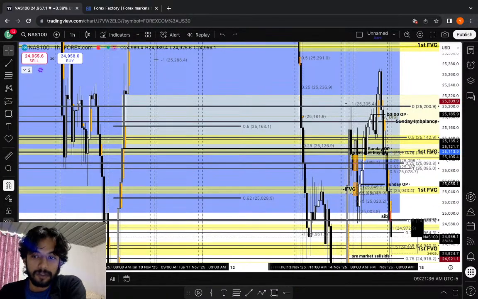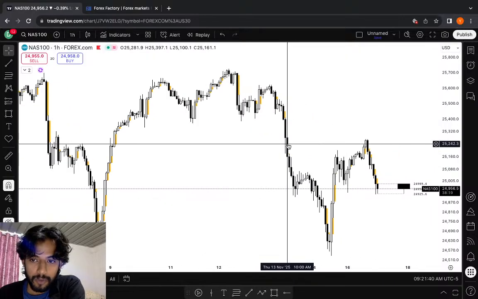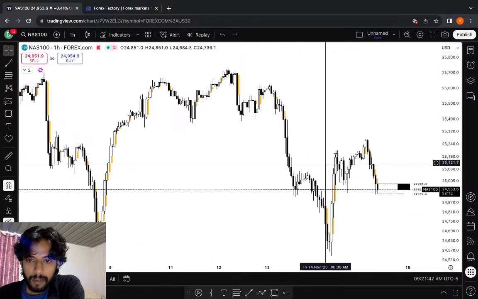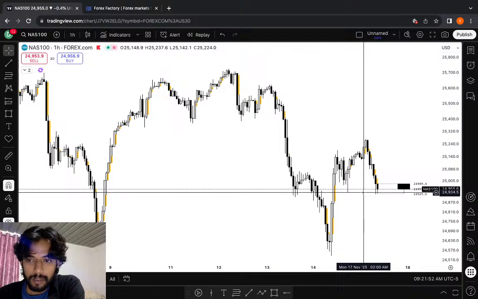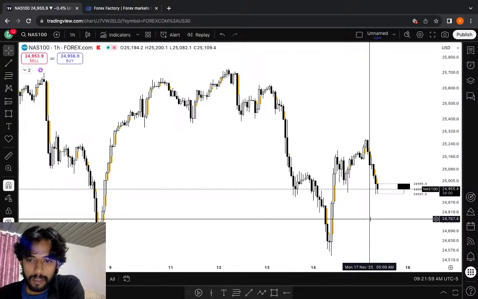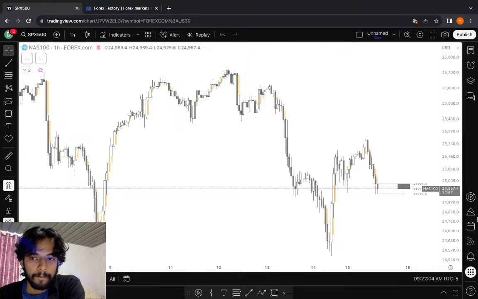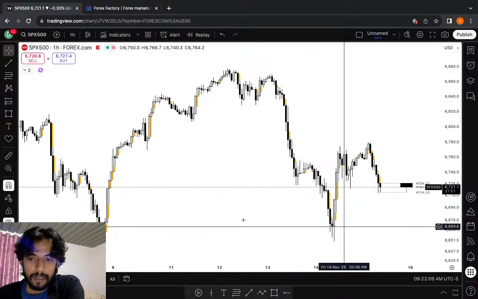Let me just remove all these drawings. These drawings might confuse you a bit. So on hourly, we have taken out these people out. We have taken out this high coming down, which is good. Take this low out, that is also good. It can come down inside right here. Last unclosed candle series of the inversion. That's the SMT right there.